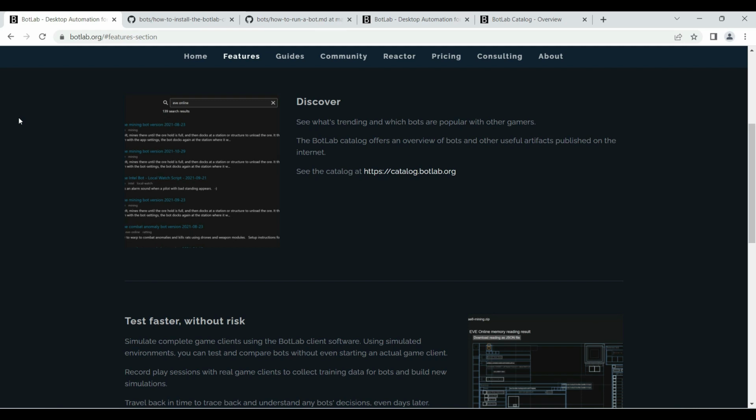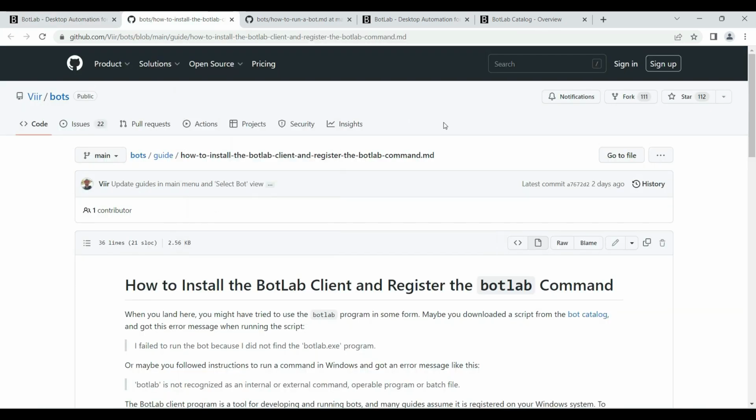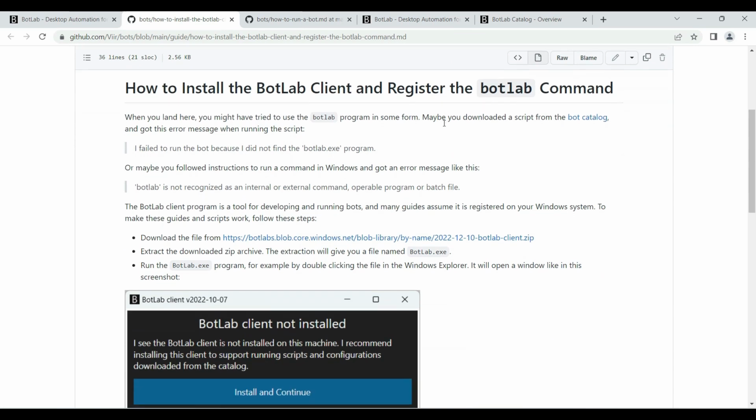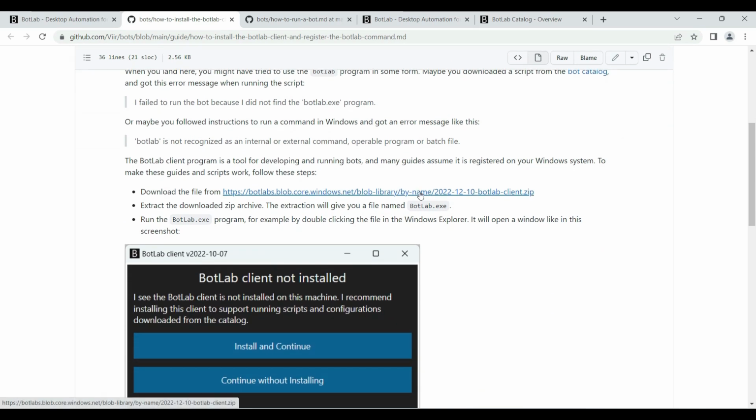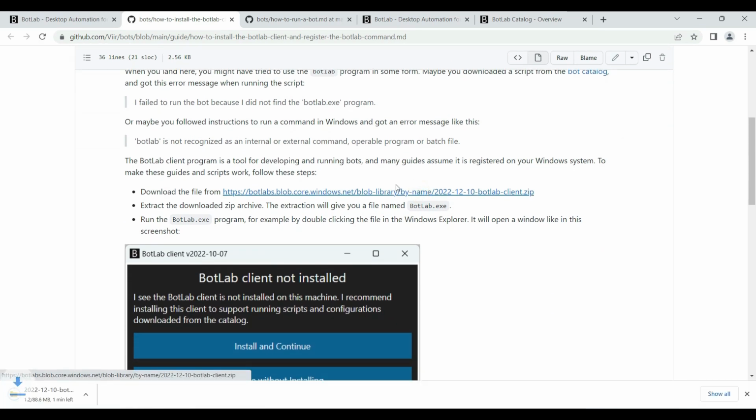We'll start on a fresh system, nothing installed yet. On the website you find the installation guide, and this guide points us to the download of the client software. In this case it comes in a zip archive, so after we've downloaded that we extract it.